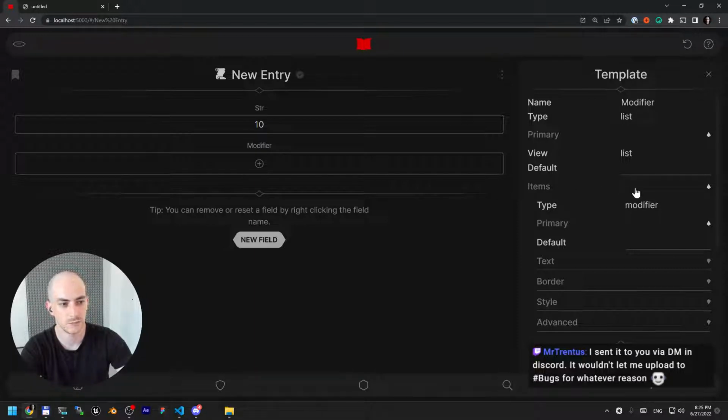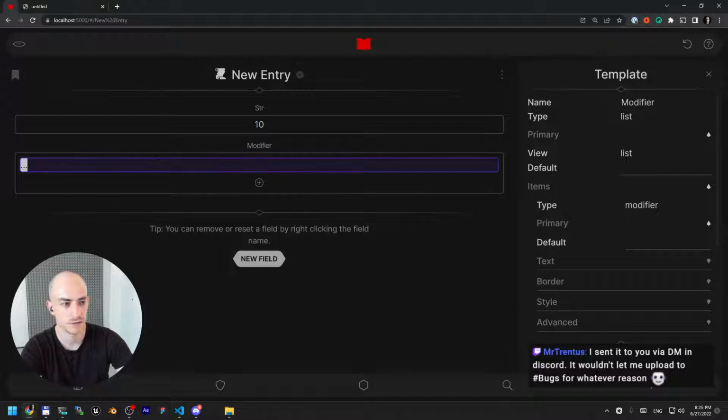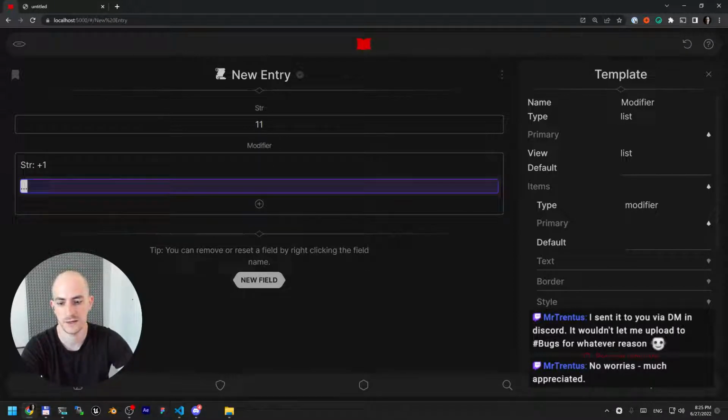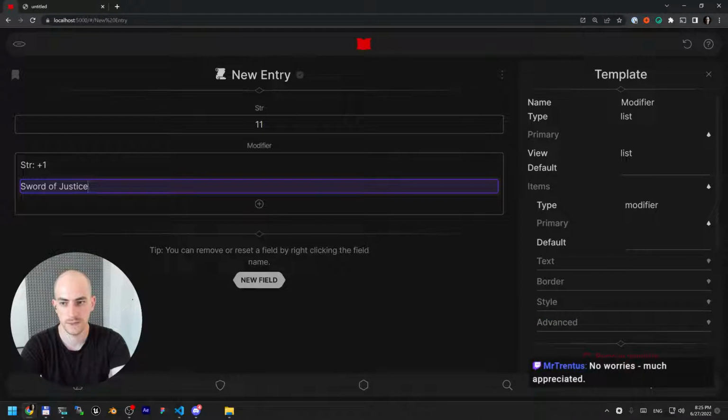Okay, so we have a list of modifiers, and we just hit plus, and we go and type strength and +1, right? So this is +1, and then we add another item. For example, this is something like Sword of Justice, and